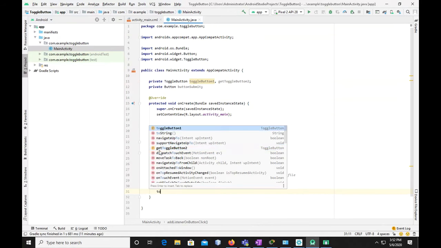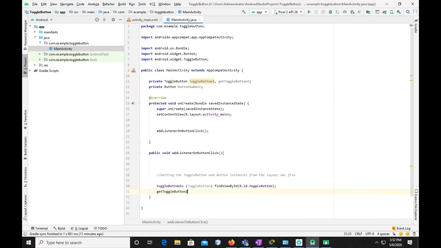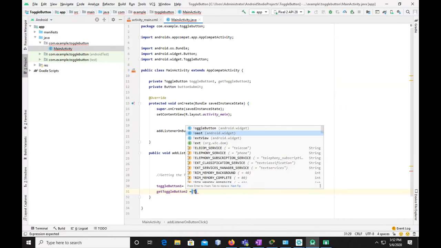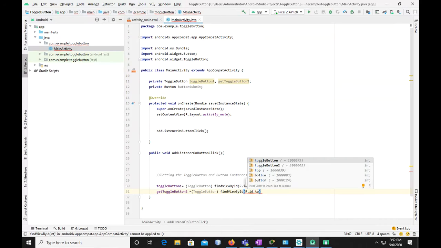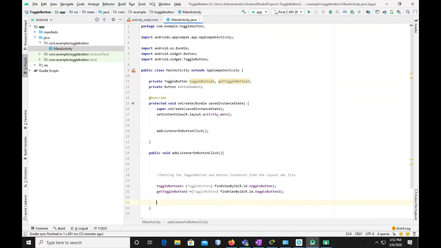No, not get. ToggleButton 2 equals to again ToggleButton, and then findViewById, capital I, capital D, dot ToggleButton 2. That's it, semicolon. And then we'll use another variable which is button submit, and we'll put it equal to the same